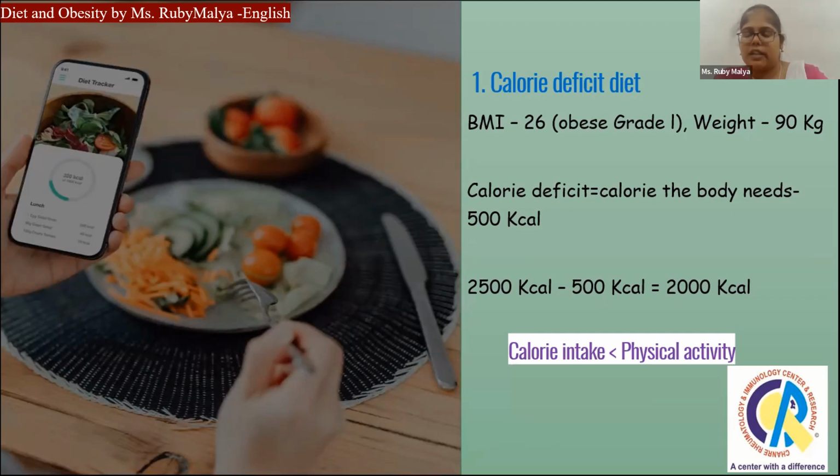This is given to him as food. But the body needs an extra 500 calories to function normally. So what the body does, it will go and get help from the fat. It will burn the fat and get those 500 kilocalories. While burning, the fat is reduced. This leads to weight loss. So this is what happens when you are on a calorie deficient diet.